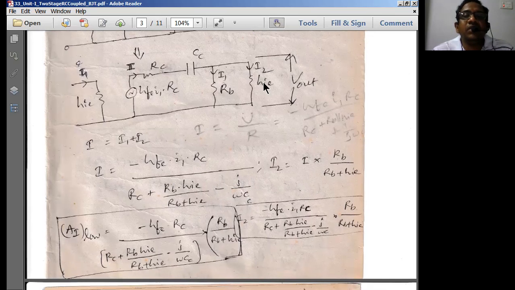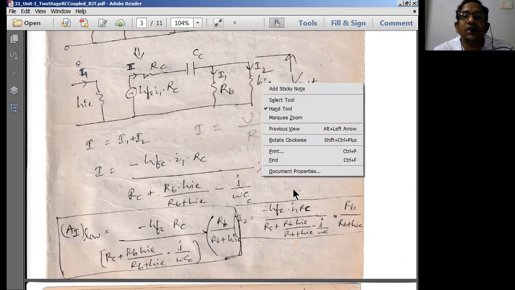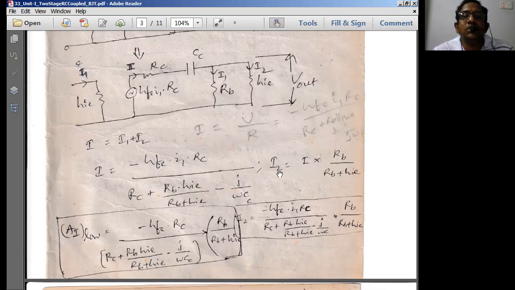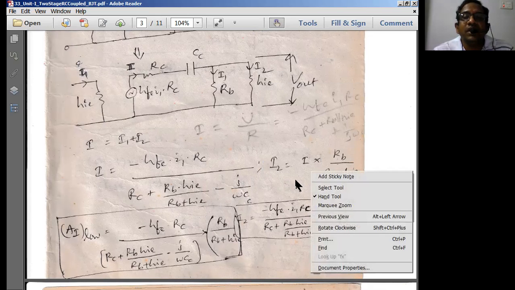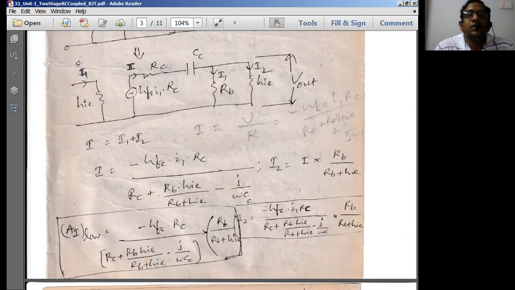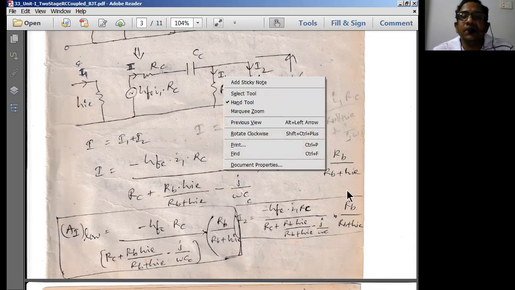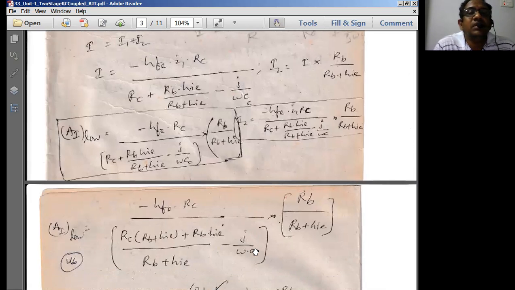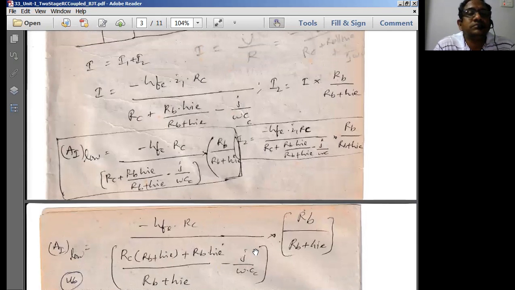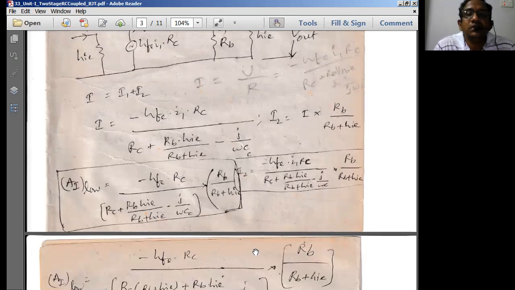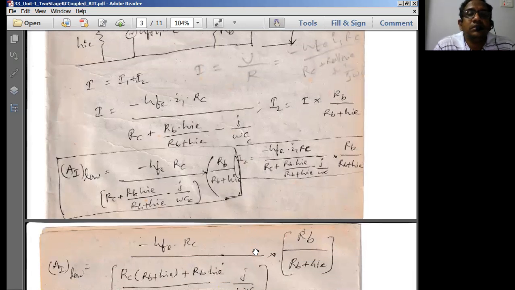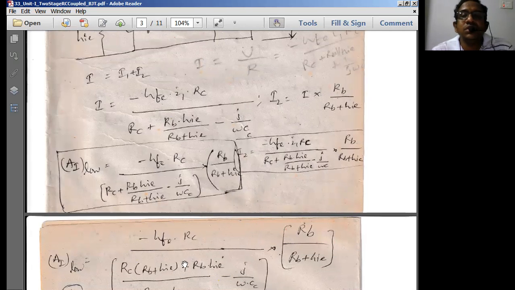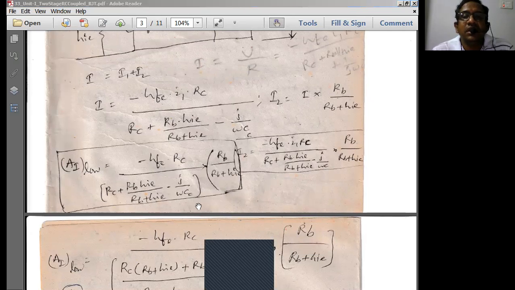Similarly, I can write it for I2. What is I2? I2 is equal to total current into resistance of the other branch, divided by the sum of the resistances. Thereby we can simply get this particular equation. So we can write I2 is equal to minus HFE